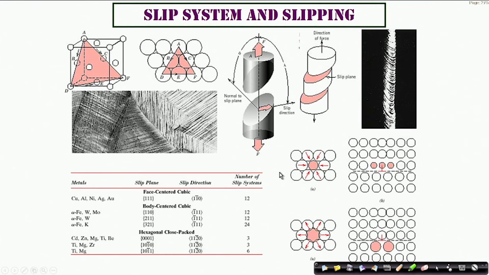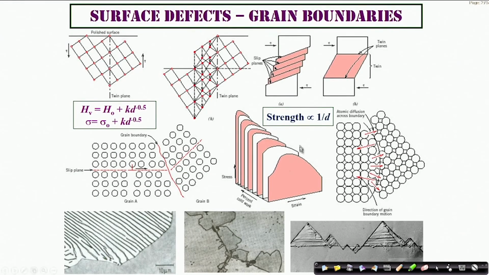This actually requires a much longer discussion, which is not really within the purview of this particular course, but since we are talking about the structure of solids, we need to at least make a reference to the fact that when we talk of crystals, there could be defects which are dimensionally 0, 1, 2 and 3 dimensional. So we have talked about 0 dimensional, we have talked about 1 dimensional, and now we need to talk about